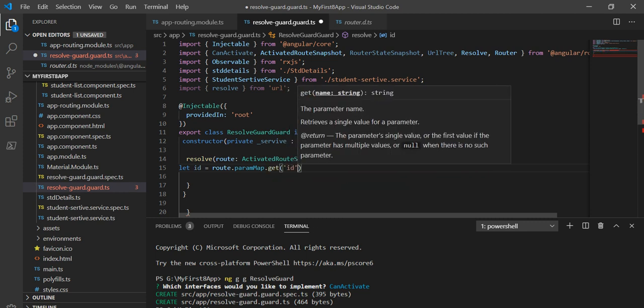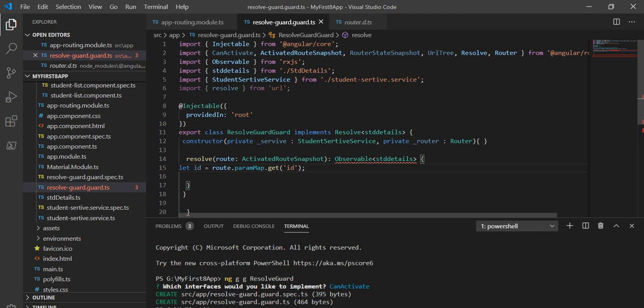So here this ID, and next what we have to write here is what I am going to return.